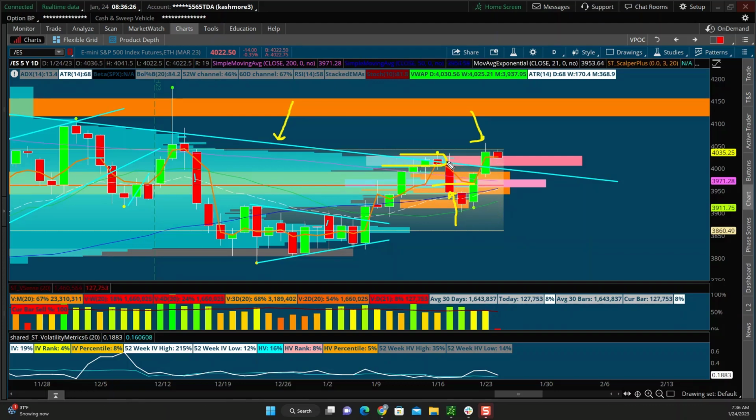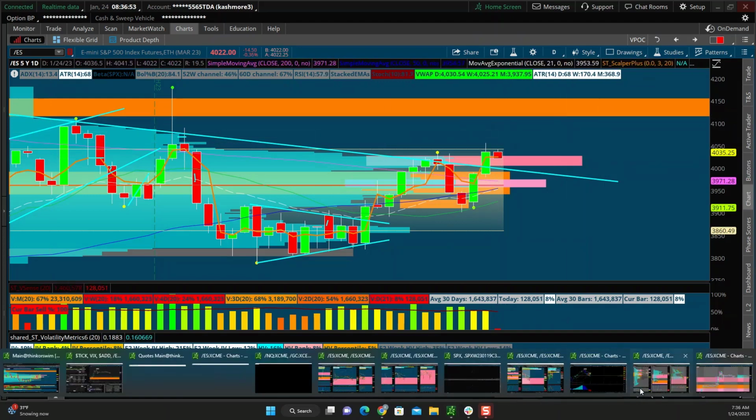So how I'm expecting to play this is to the upside. The question is, where do I want to get long? We're going to zoom in a little bit on that. And why do I want to go bullish? Mainly because we closed strong, and I don't think we're going to get a big candle down. But I do have a bearish thesis as well. In this case, I would like to play it to the upside. Let's pull up this chart.